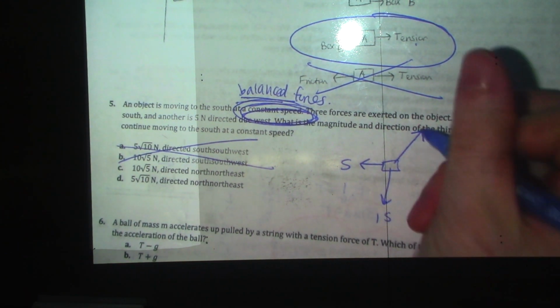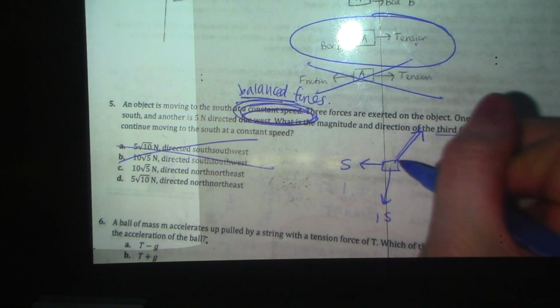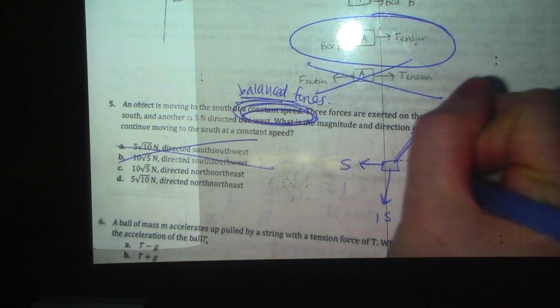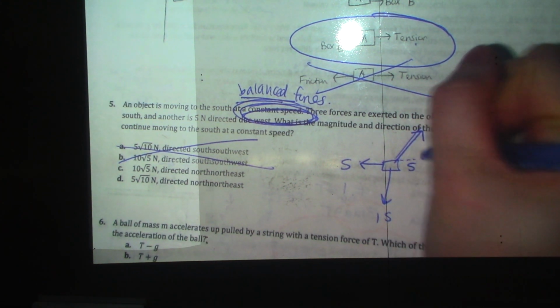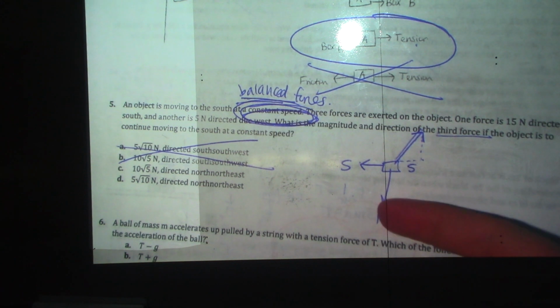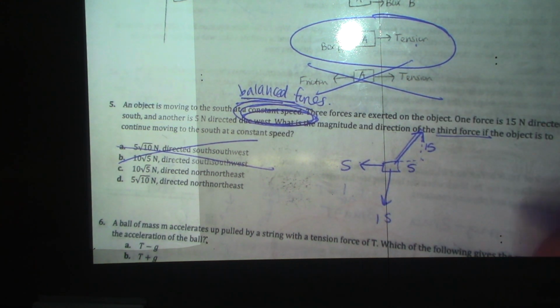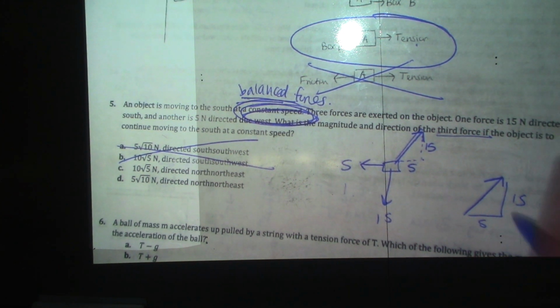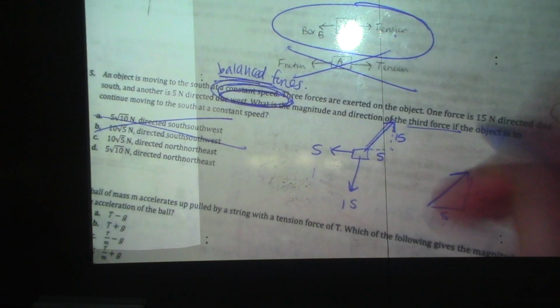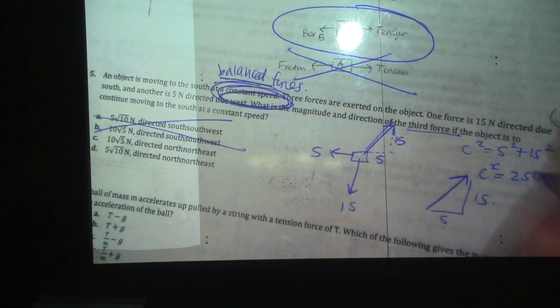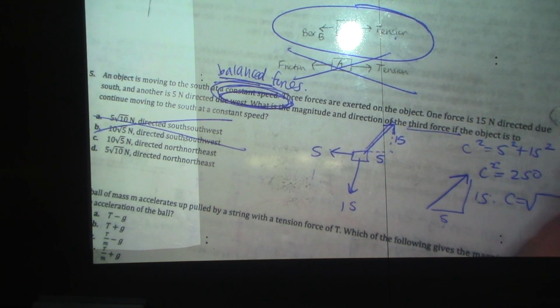Now the actual magnitude, well, I don't know what the magnitude is, but I do know the x component needs to balance out this x component. So see how this x component would have to be 5. I know that the y component of the force has to balance out the y component of this force down, so that means the y component has to be 15. And then if I have 5 and 15, and I'm looking for the total force, well, that's just Pythagorean theorem. So c squared equals 5 squared plus 15 squared. And then that gives me c squared is 250,